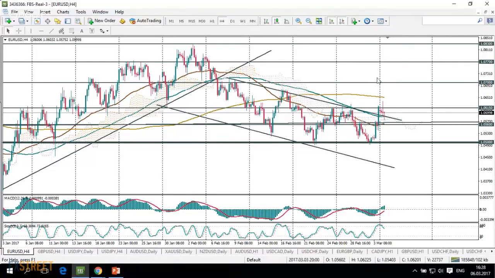On the other hand, some increase of the euro on the European Central Bank's meeting, if it happens, can also be temporary. So if you trade on Thursday and if you buy the euro dollar on Thursday, think about closing your positions before we get this release of the US non-farm payrolls, because this is the key and the last piece of the US economic data ahead of the Fed's meeting next week.